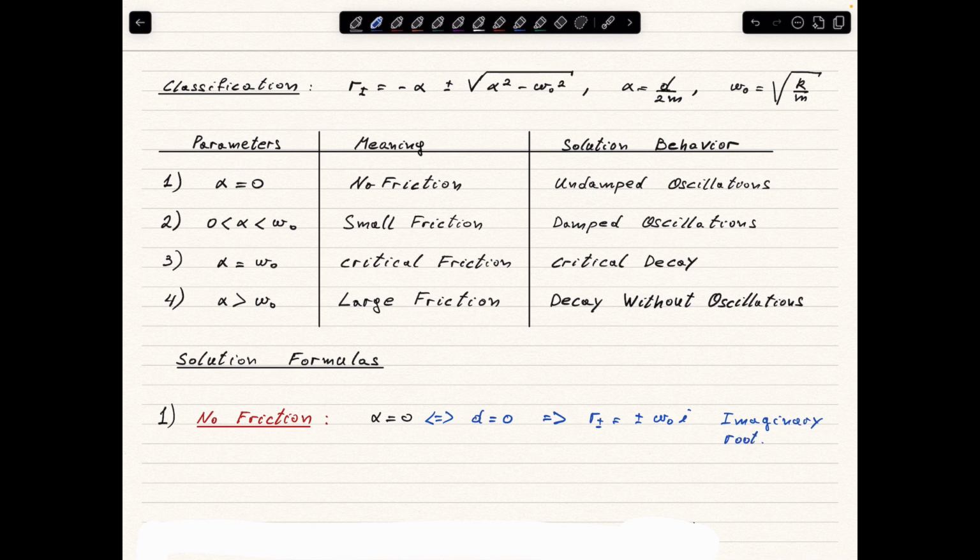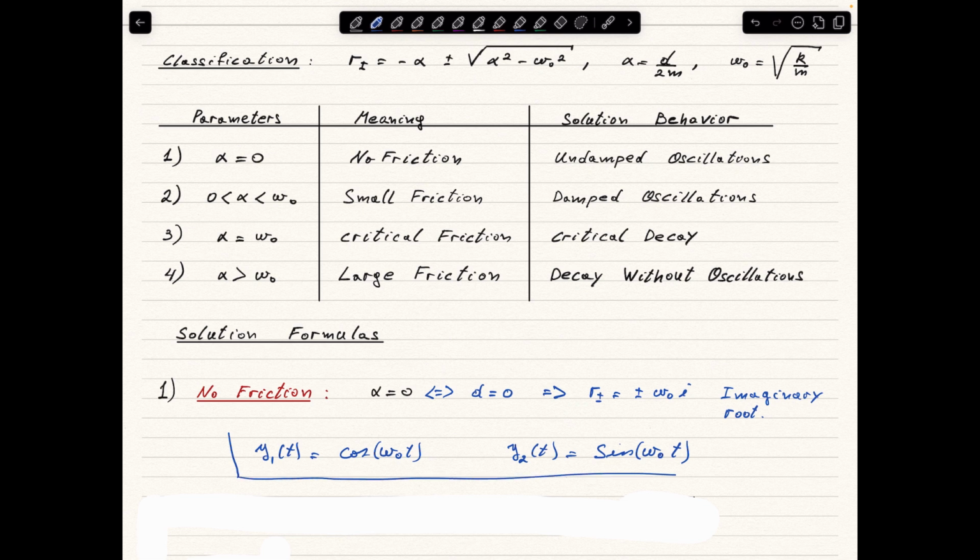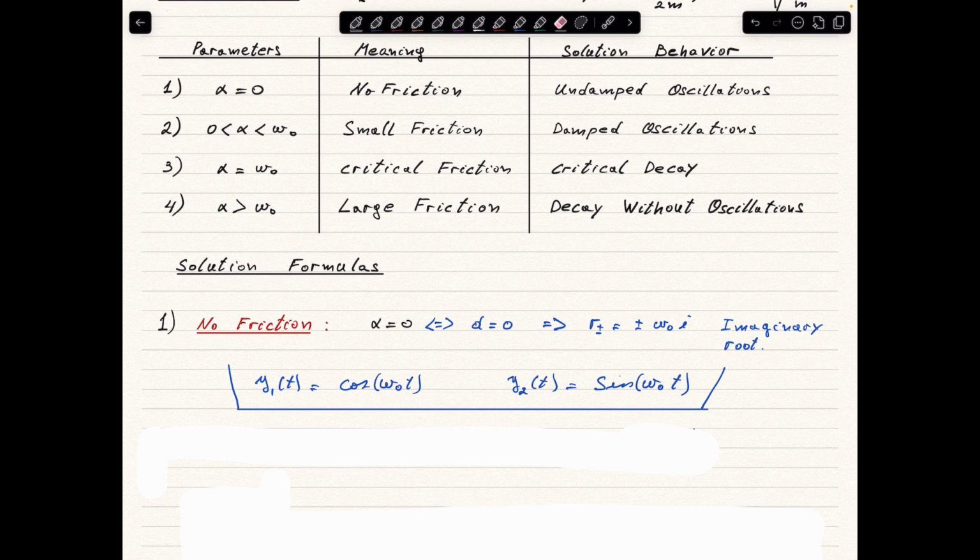And we know that in this case the fundamental solutions of the differential equation can be written in terms of real valued solutions, which are y1 of t. One possibility is cosine here of omega 0t, and the other solution is y2 given by the sine of omega 0t. So these are fundamental solutions which are real valued in this case,